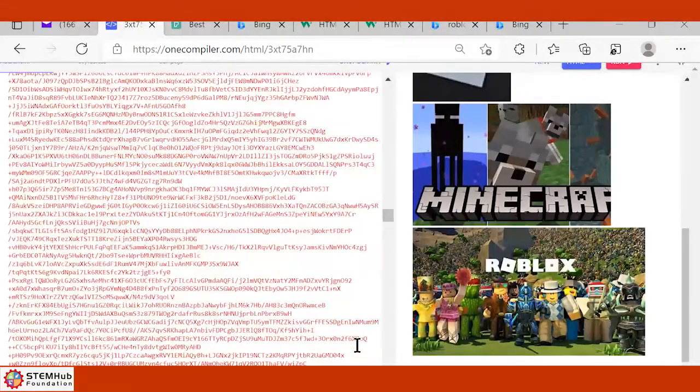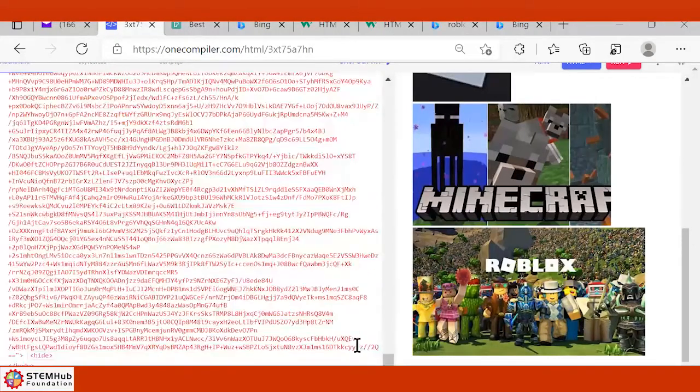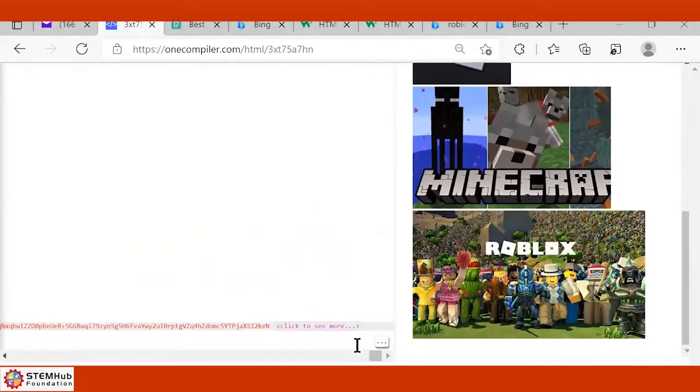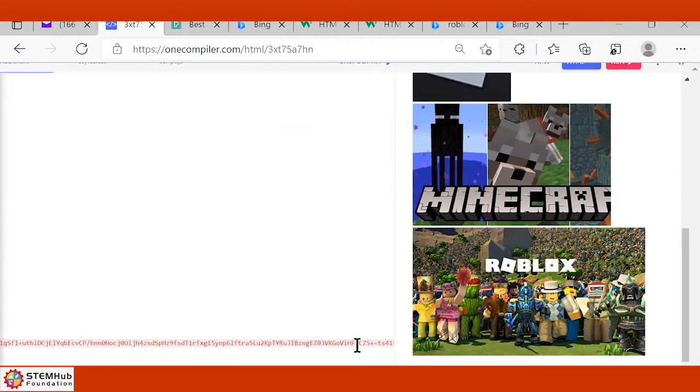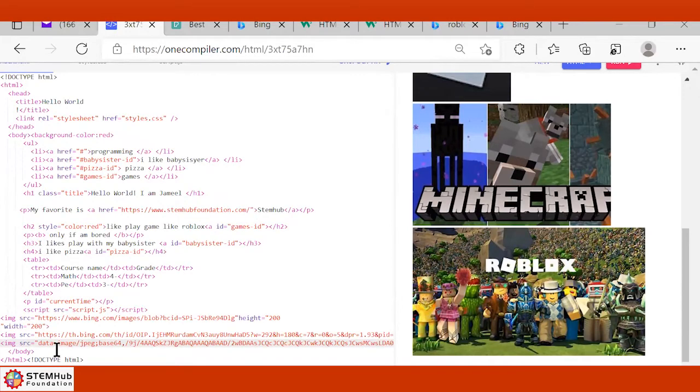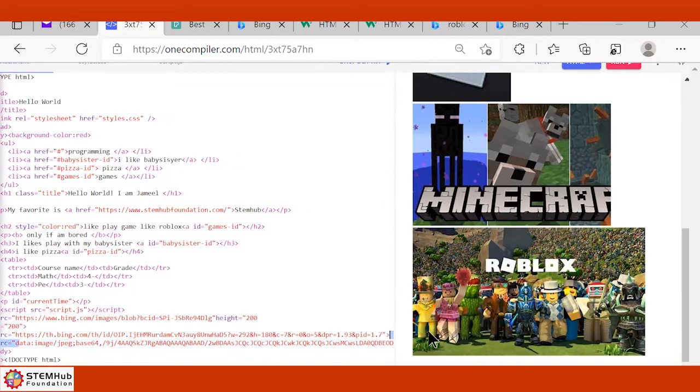You can tell just by how long it is. Don't use this link. It's too hard. No, but get rid of it. Right now, if you look at the start, it says data, it says data/image. It's like a blob, so it's not showing, right? This is something that has to be read in through a program or something. So you just want a simpler image. Get rid of that whole line and then find a simpler image to use, okay?